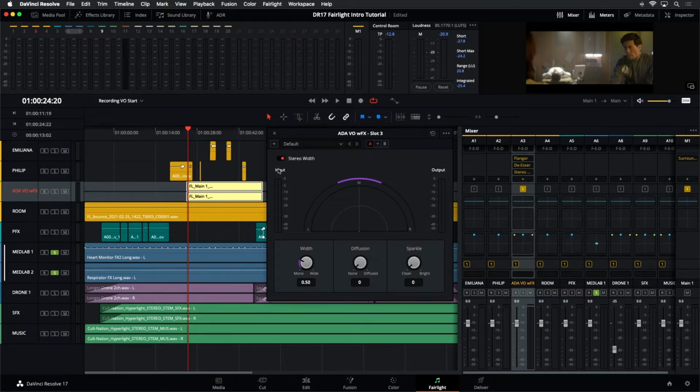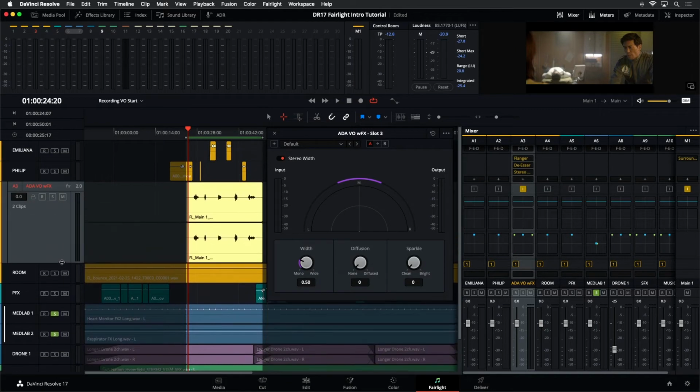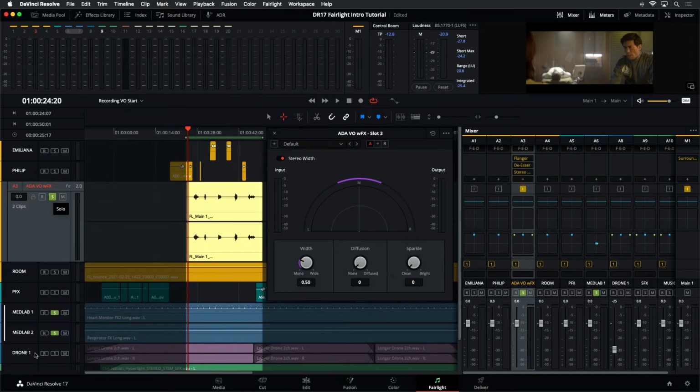And what this plugin will do is this will give you the ability to adjust the scale if it's a stereo track. And so, for example, I'll just play that back. I'm going to select that clip, so I can do loop playback. I'll make it a little larger so you can see that. We'll solo that track, so we're only listening to it. And if I play it back,